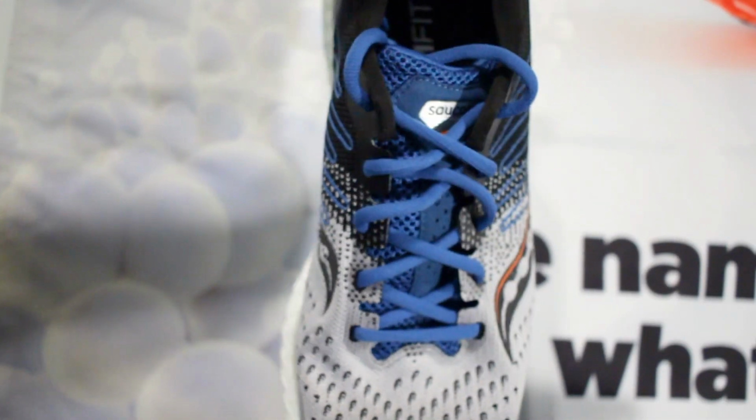So I love that about this shoe. That's probably my favorite attribute of this shoe. Just how light it is, how responsive it is and how cushiony it is, but that comes at a cost. That comes at a cost of $150, which is actually $10 cheaper than the Saucony ISO 1, the OG, the